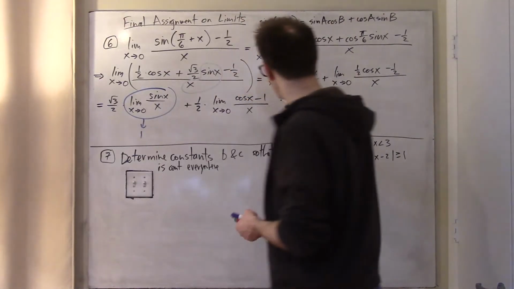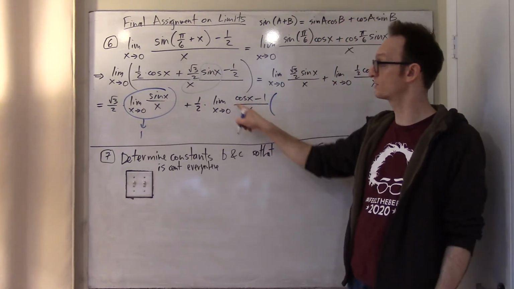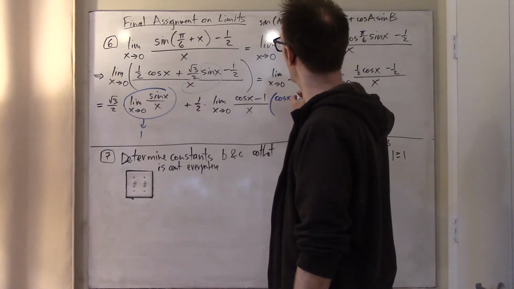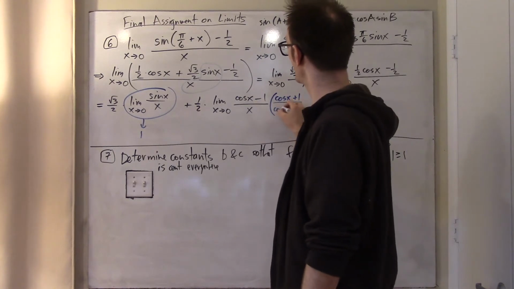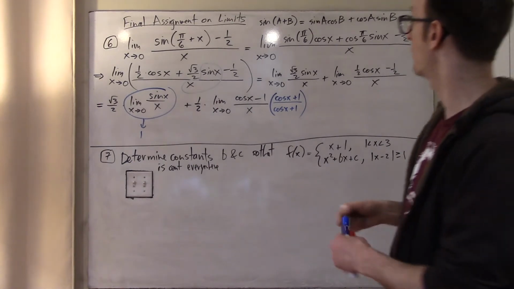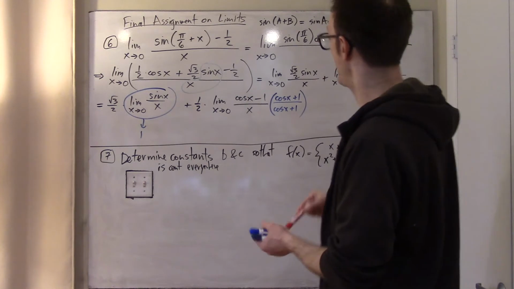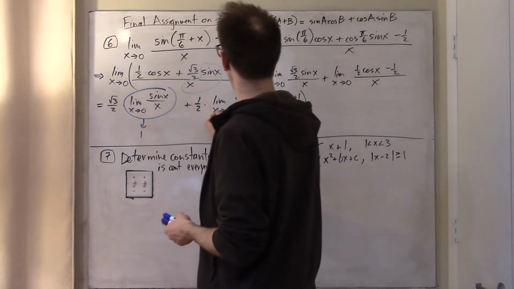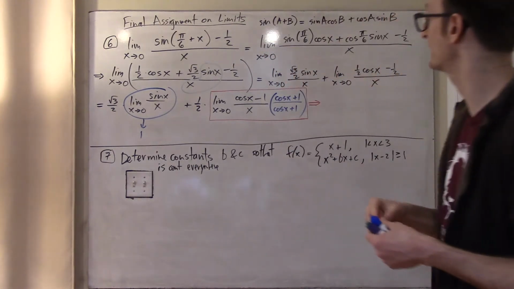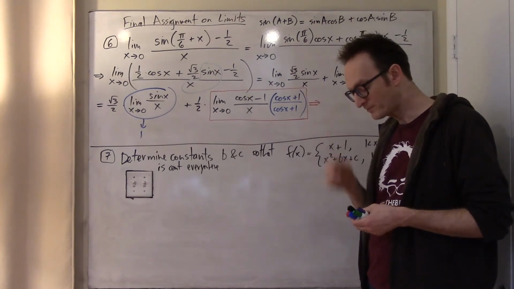And the work to do here, I suppose, is, well, first of all, it's a 0 over 0 situation, so the answer is not obvious. Okay, I can multiply by the conjugate cosine x plus 1, and we've done this now many times. So what is happening to this? Let's see, how should I do this? Maybe I'll just put a red box around this limit, and let's work on it a little bit more. Well, cosine squared x minus 1 is